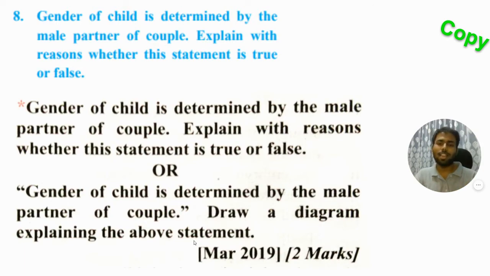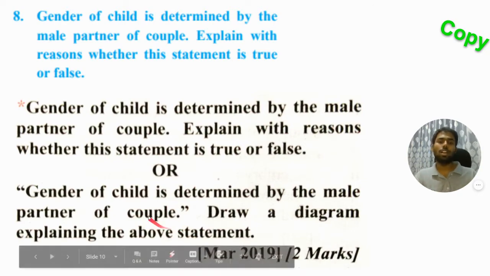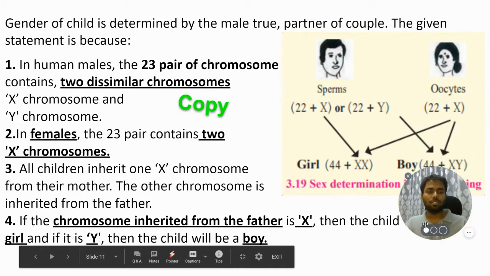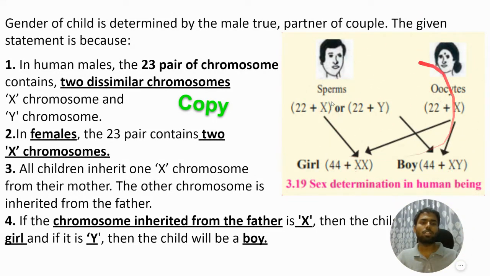Okay, I hope you all have paused the video and written a good answer. It's a 2-mark question, so it should have at least 4 points, but again there's a diagram, so maybe 2 points is also fine. It's up to you. So let us see the answer. I copy-pasted this diagram from your textbook. This is the diagram you were supposed to draw.